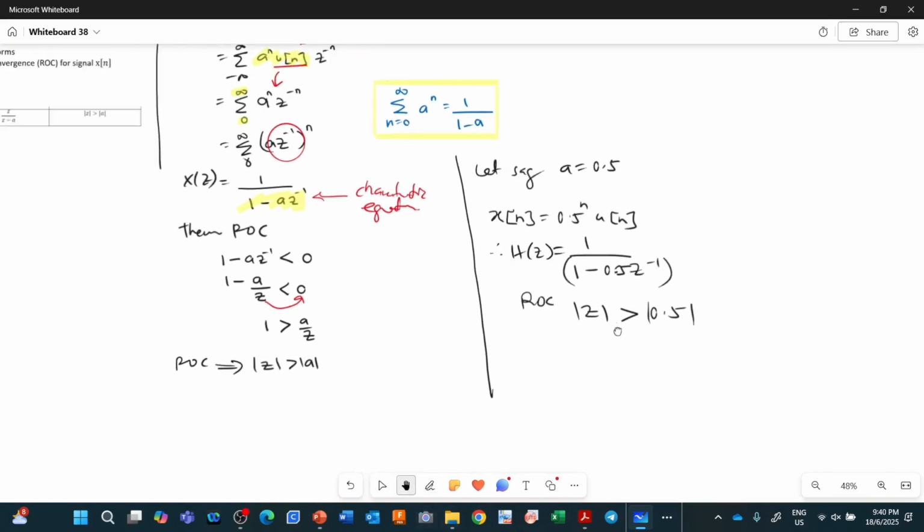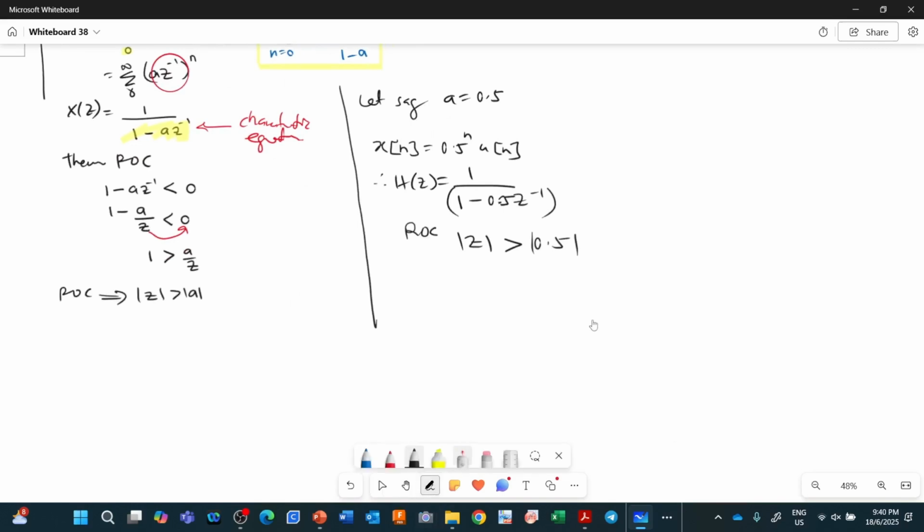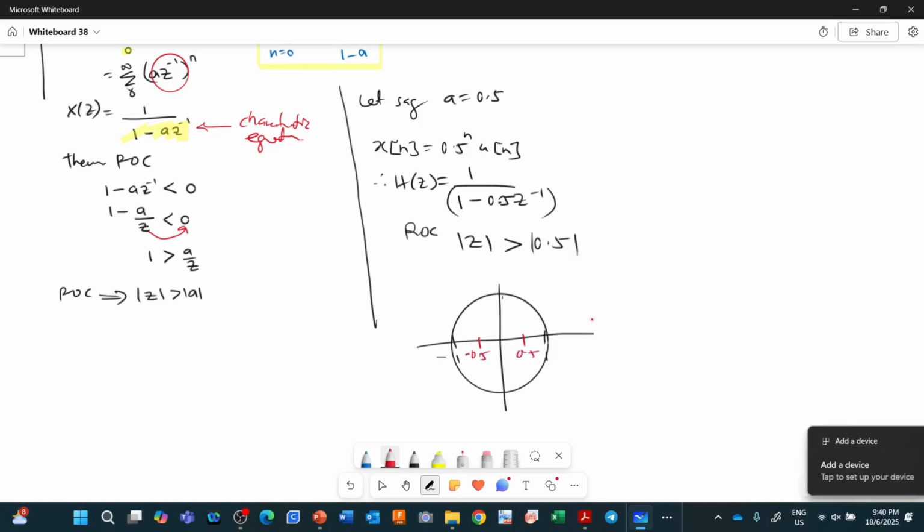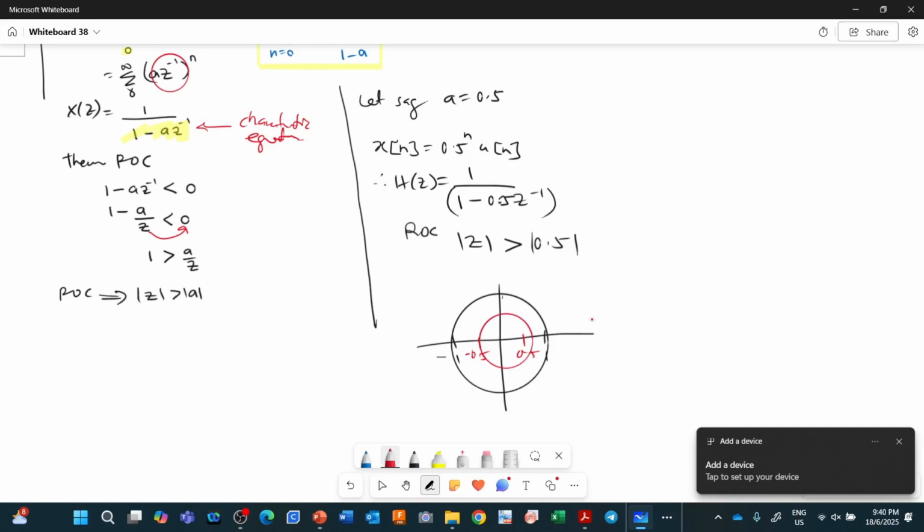So if you draw it out, draw the ROC. Minus 1, 1, 0.5 here, and minus 0.5. So |Z| more than 0.5, so it's outward. Outward means, does it cover the unit circle? Does it include the unit circle? Yes, right? So you are going to color it something like this. It's going out. Okay? So when it covers the unit circle,